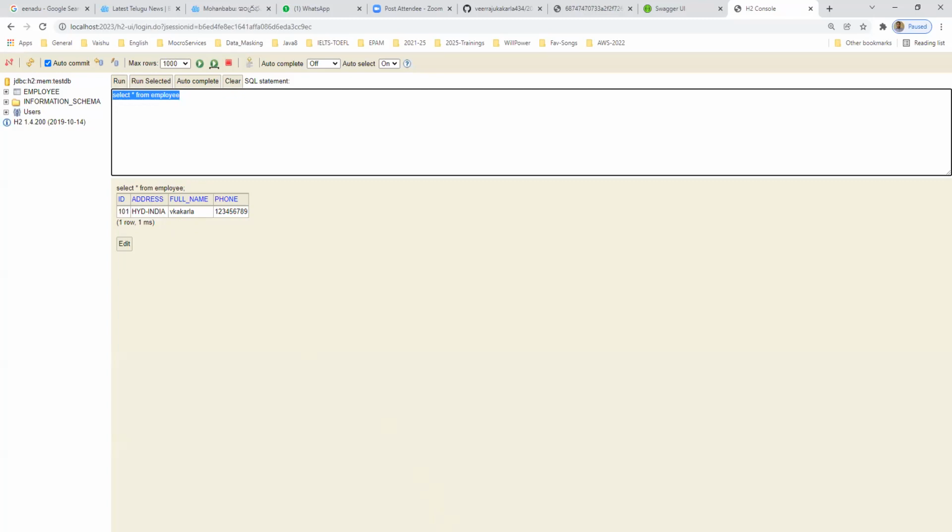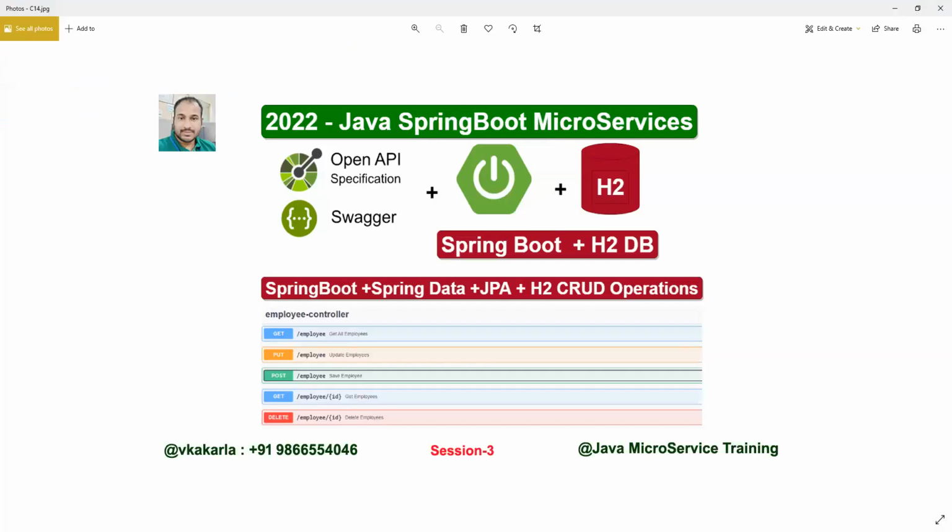So like that, we can do all kinds of operations. This is how, using the H2 database, we did Spring Boot microservices CRUD operations.